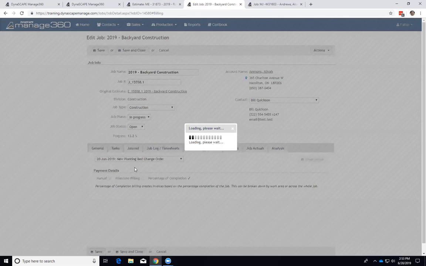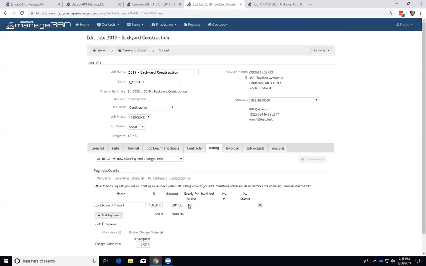So if I select the approved change order, then I can indicate that, yes, it's ready to be billed. And again, it can be billed by milestone or percentage of completion. The change order can be billed differently, if I choose, than the original job. If I'm billing the original job by percentage of completion as I get done, but we're billing the change order at 100%, once we do it, it's done, or when they sign,